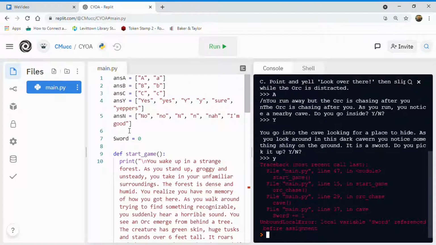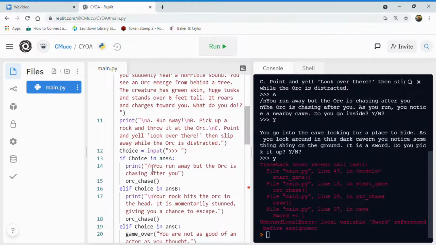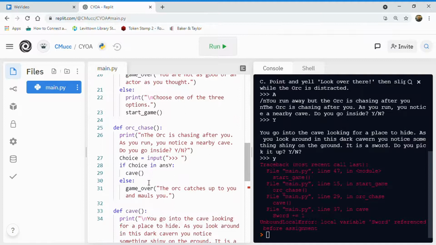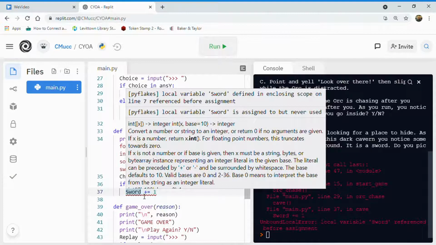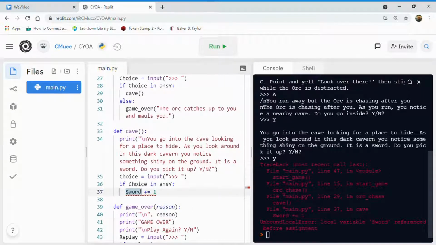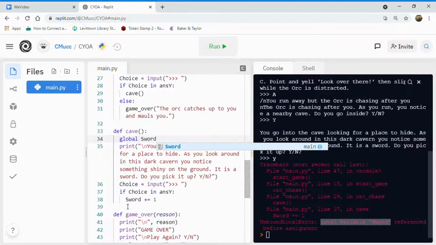When you create a variable like this, it is called a global variable because it defines sword for the entire program. But when you use variables within functions, by default it assumes that it is what's called a local variable, which means that the variable is defined by the function and is only used by the function. So what we need to do is bring in this global variable into our function. That's quite simple. All we need to do is start it out. We'll say global sword,